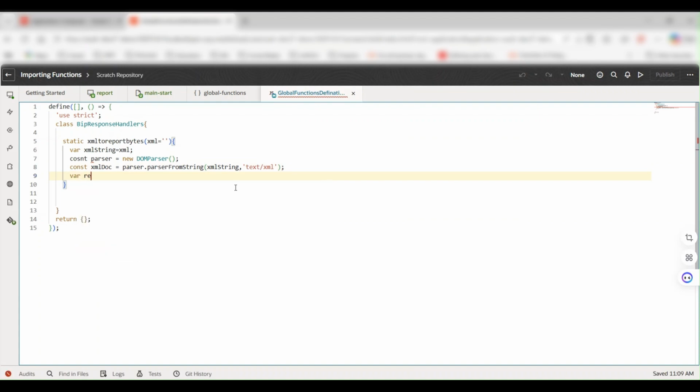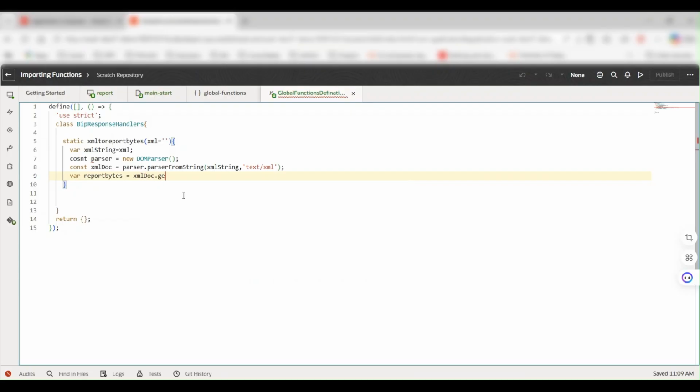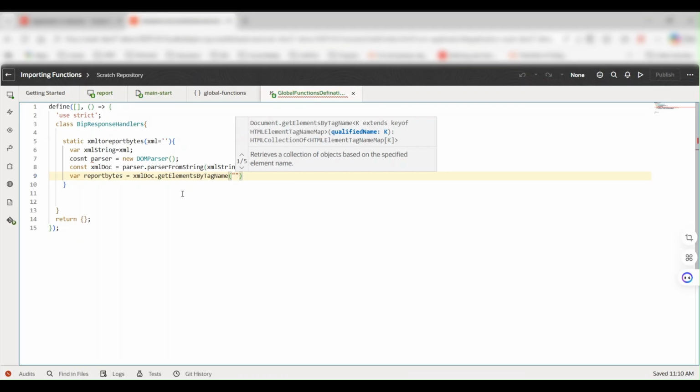Now where reportBytes is equal to xml.getElementsByTagName of reportBytes. Now we have to give it here as reportBytes. Why? Because we need to take the data from the reportBytes tag, which will be in the base 64